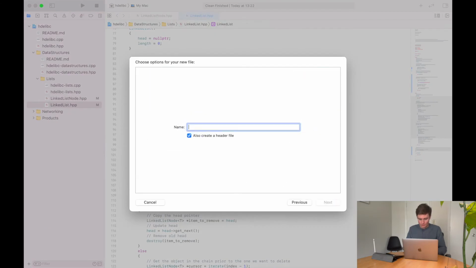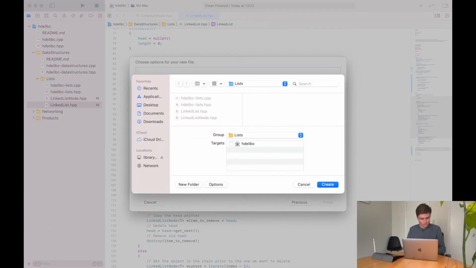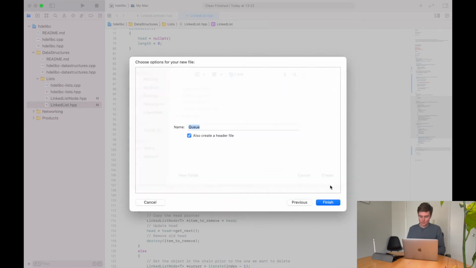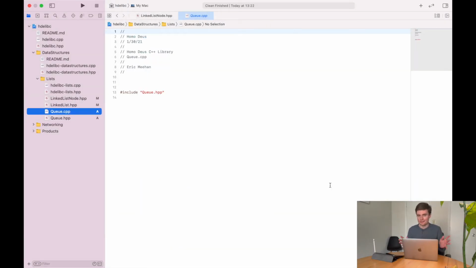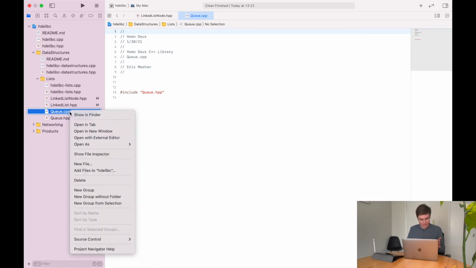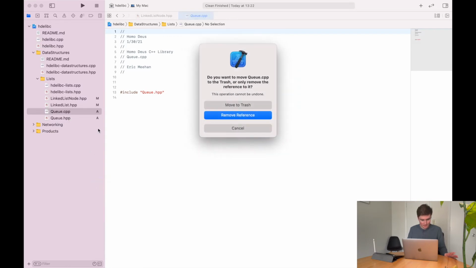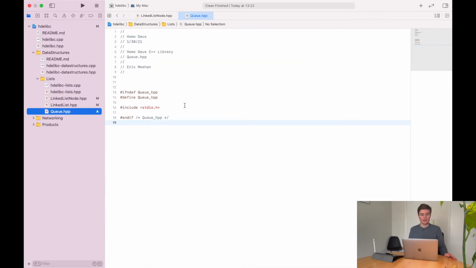So create a new file, I'll call it queue. And again, the queue is going to be an implementation of the linked list. And with the linked list, I need to specify the type of data that I'll be storing in it. That's why it's a class template. But again, I'm not going to know what sort of data the user is going to want to store in their queue. So I am going to, again, need a class template. So I can go ahead and delete this C++ file and work strictly in my header file. And I don't need this standard in out, so let's just go ahead and include, not that, I want to include linked